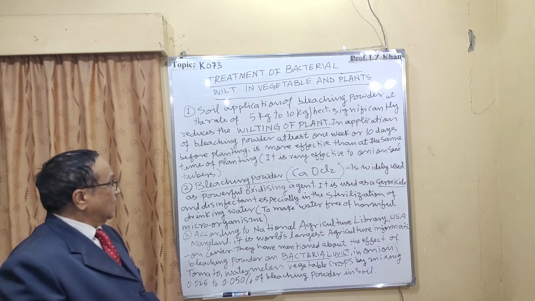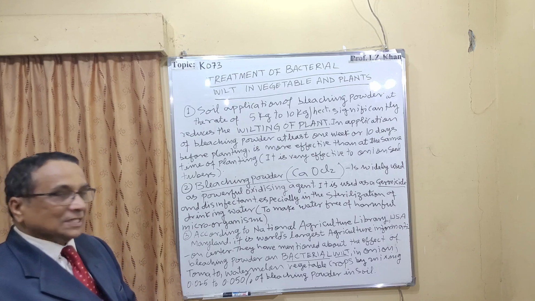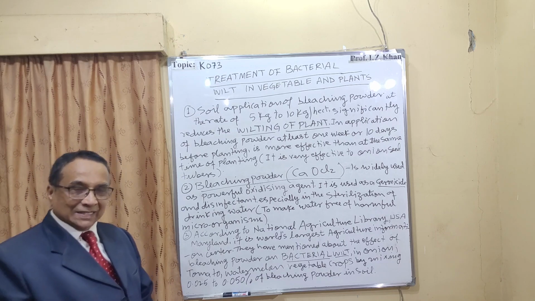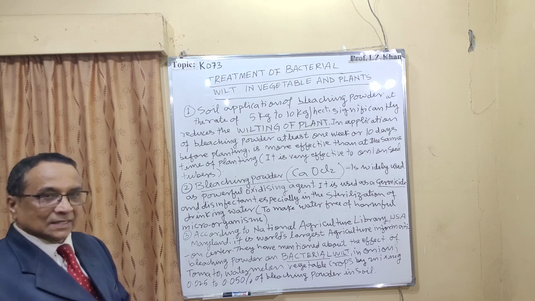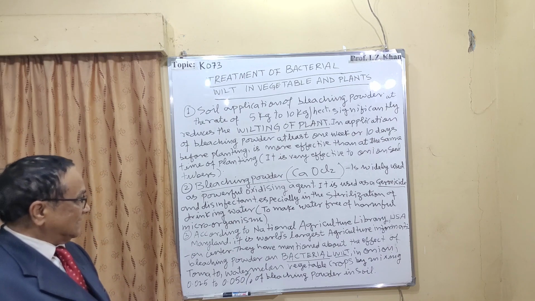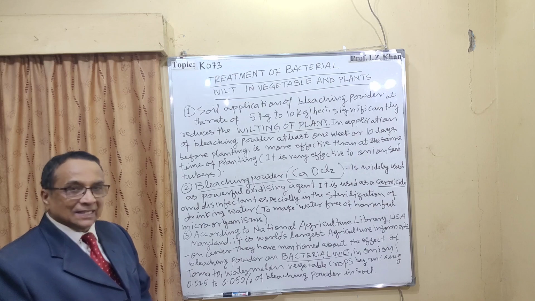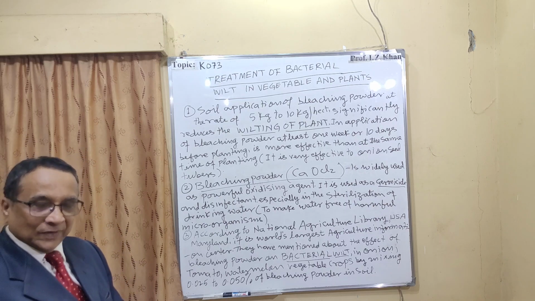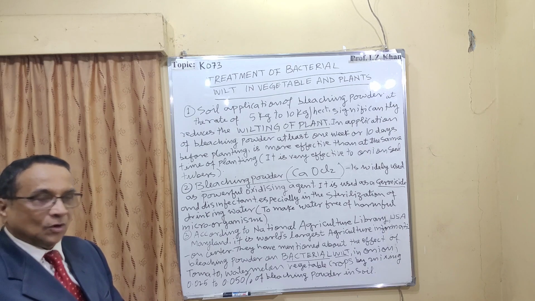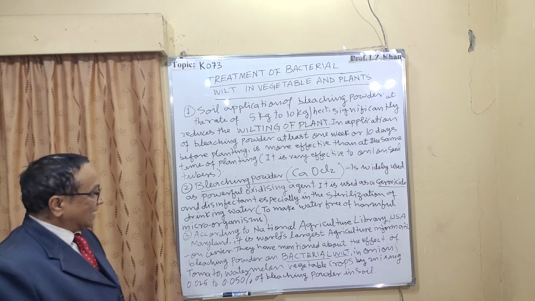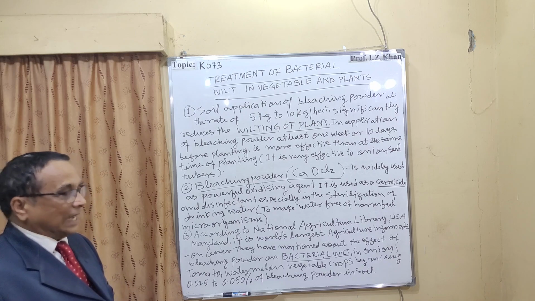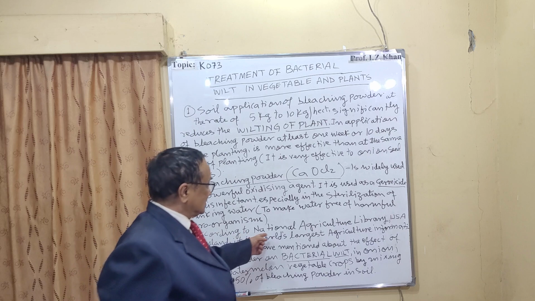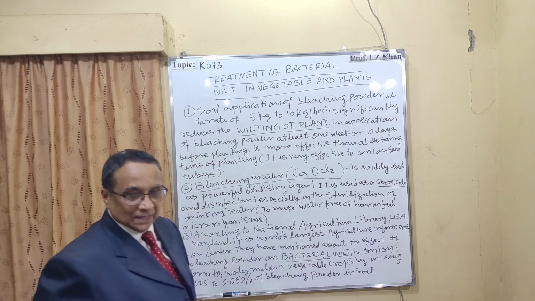Number two, bleaching powder. What is bleaching powder? CaCl2 is widely used as a powerful oxidizing agent. It is used as a germicide and disinfectant, especially in the sterilization of drinking water, to make water free of harmful microorganisms. Number three, according to the National Agricultural Library, USA, this is the world's biggest center of agriculture information,